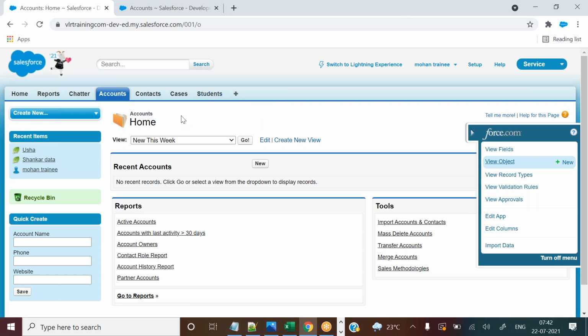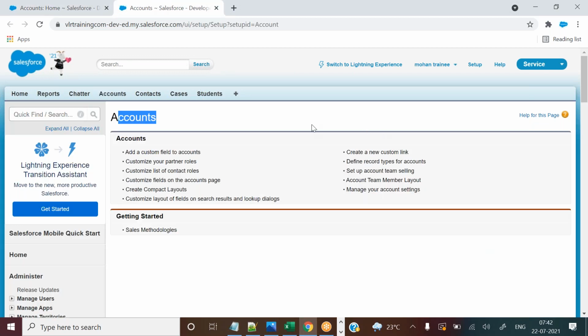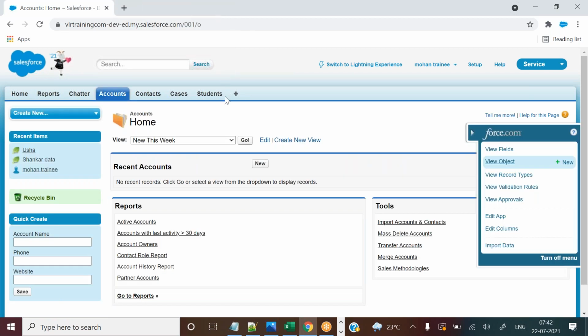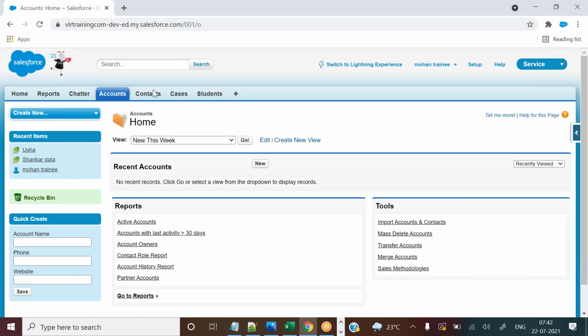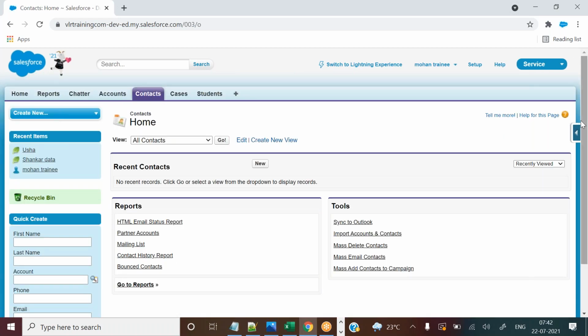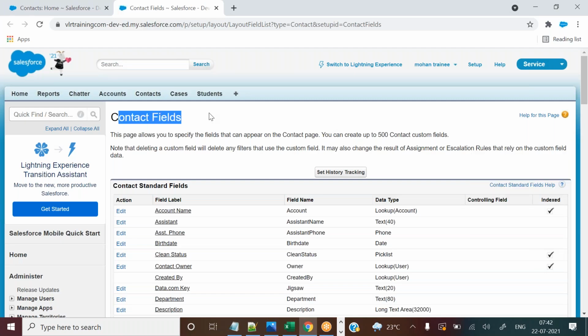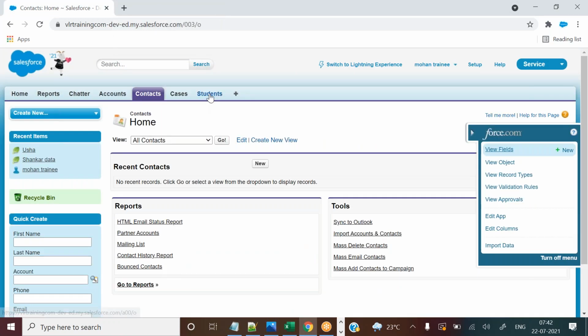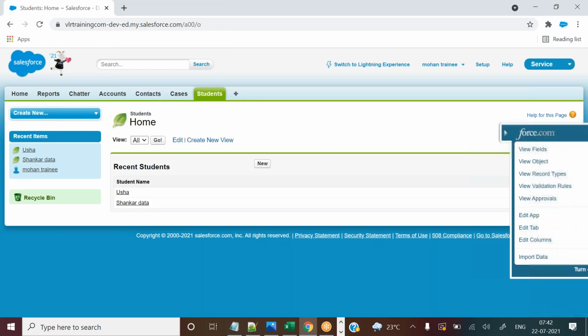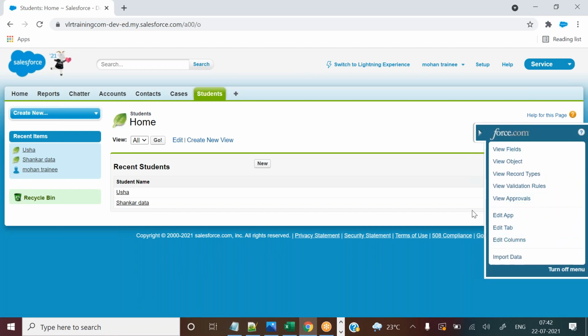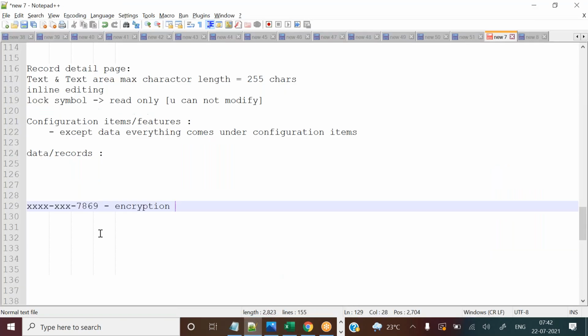Okay, next. Now I am in the accounts tab, so I have access to my accounts object only. If you want to access any object quickly, you need to click on the particular tab. Suppose you click on the contacts tab, you can have access to the contact object fields simply. So that's it. This is a new thing you learned now. What is the name of this one? Quick access menu. Generally a menu is provided, like in a hotel, the menu is provided, right? Same way, but you can access it quickly, that's the reason.